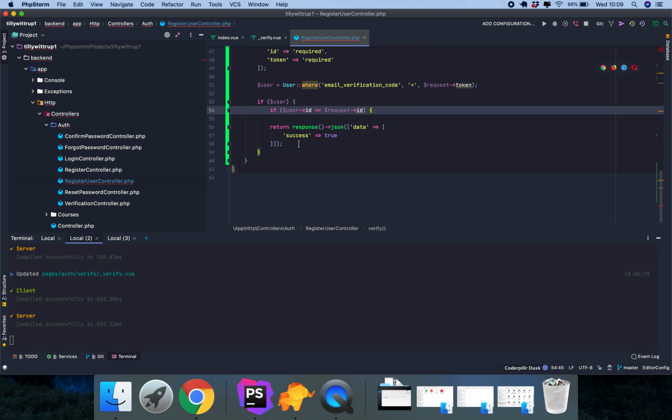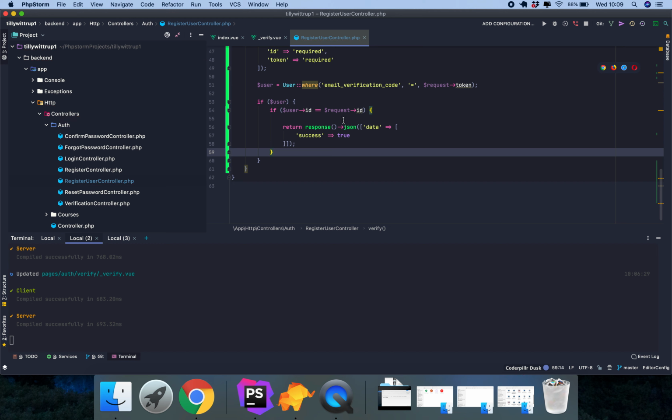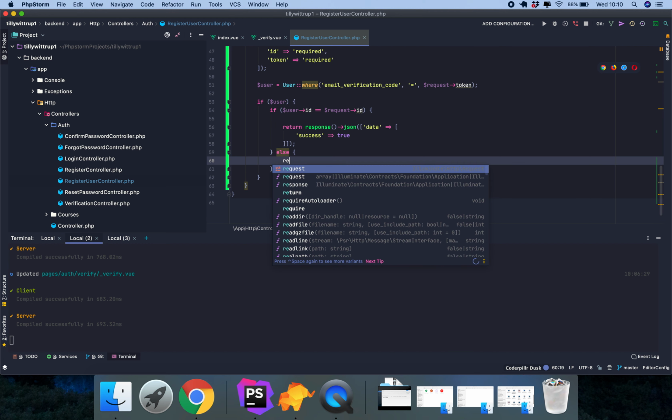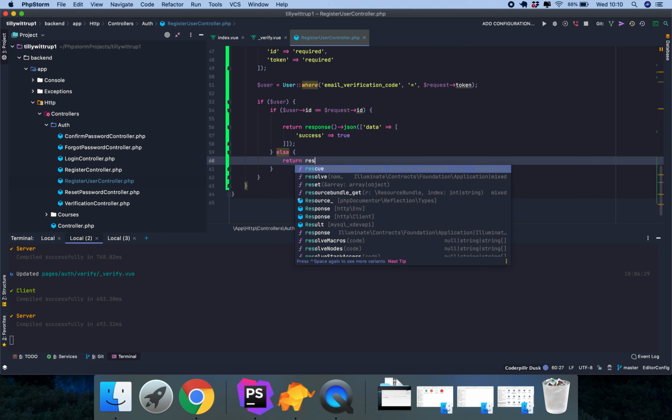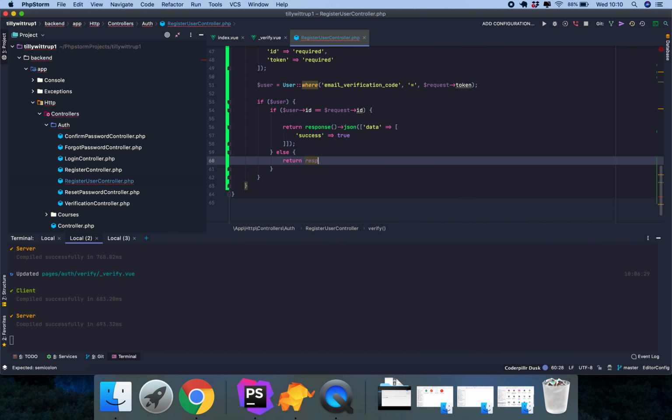So that means that even if you put the wrong ID in the end, this will not go through. So if this is the case, this will succeed. The reason why I'm creating 2 variables here is just for checking which error we're going to get, if we're going to have any error. So we want to go in here and say response